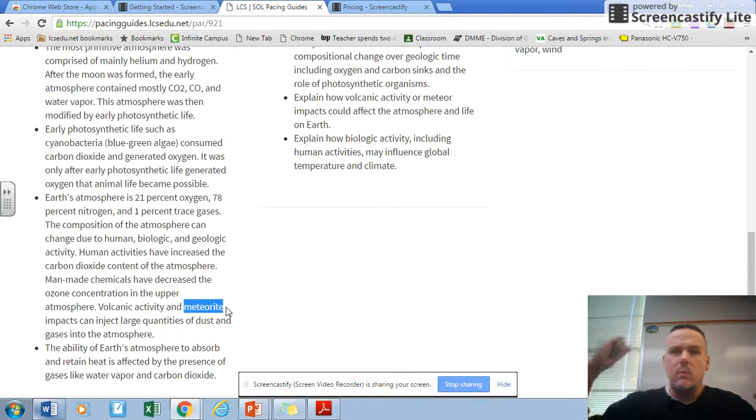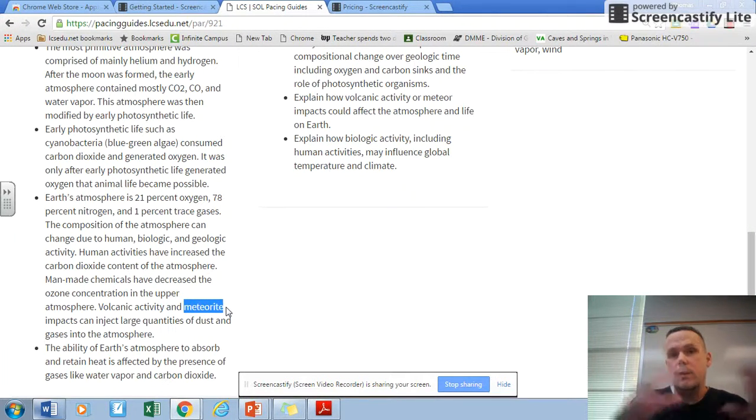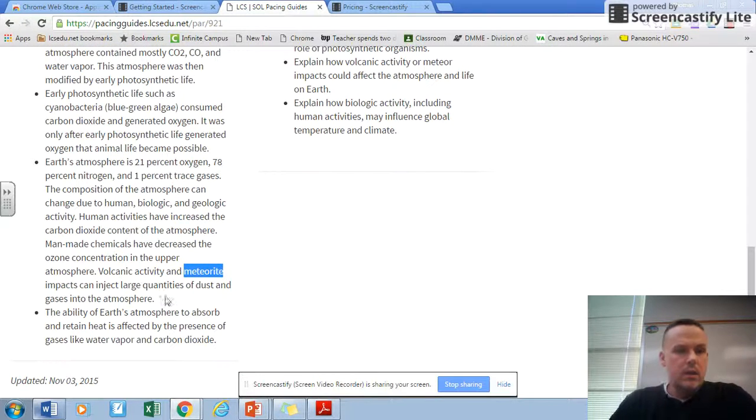So you have these meteoroids becoming meteorites when they hit the ground, and they release a lot of moisture onto the planet, and that helps to increase the amount of water on the planet Earth. About 50%, they say, of the water that's on Earth right now came from meteorites crashing into the Earth early on.